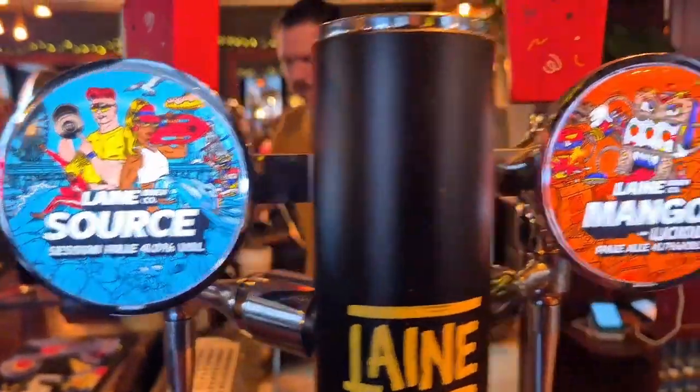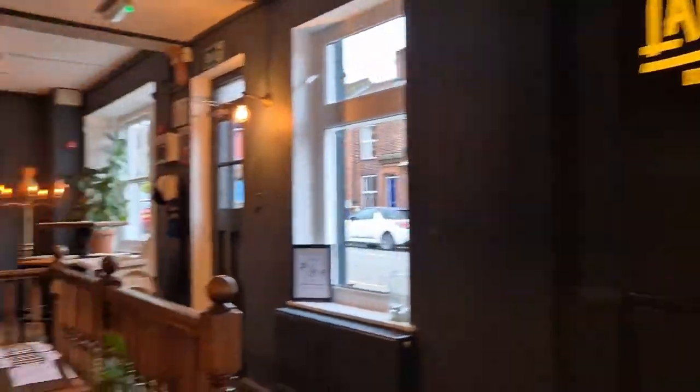Yeah, nice looking gaff. Three ales on, some craft amongst the keg offering as well, and a decent looking establishment. So Lane Brew again on the taps. Lane Brew do their own pale ale and stuff, brewed just for them. It's called the Stanley Pale, which is brewed by them. But no, it's a nice looking place. So yeah, the Lane collection. I really like Lane Brewery beers. Anyway,